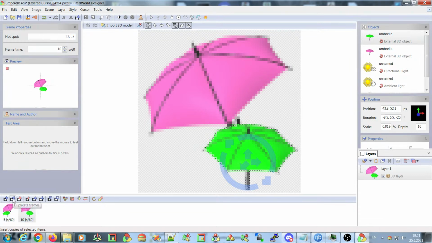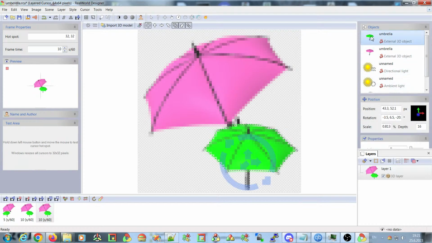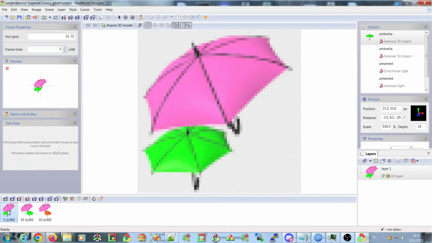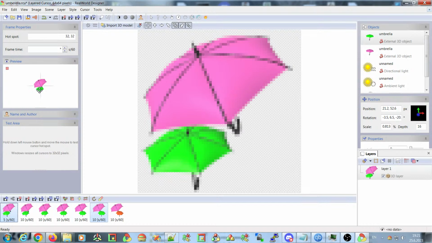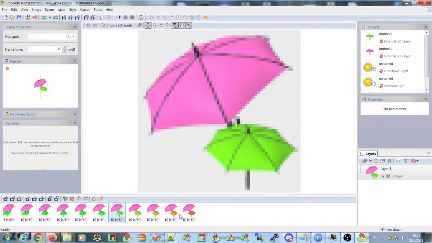and then let me duplicate this frame again, and now on the third frame I will change the color of the umbrella of the second one, and now I can select these two and use the morph function to generate, for example, 4 new frames between these two. You can see that now the green umbrella slowly moves, and if I select these two and generate 4 frames between them, then it will change the color of the